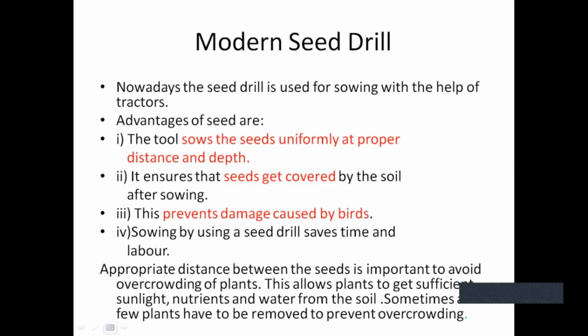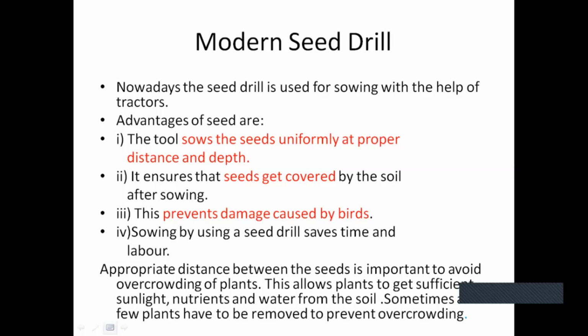Children, you all know that all the seeds need to grow. You have studied germination, and they need sunlight, nutrients and water to grow. Now, if many seeds are in one place, what is going to happen? Each seed needs proper sunlight, nutrients and water. What is going to happen if they don't get this? It will be difficult for the plants to grow.